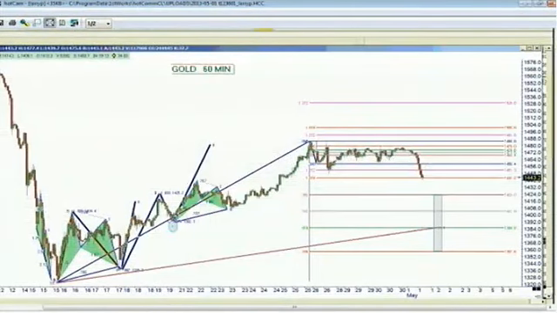Well, it's been a big play already, but after we made that 3 drive to a bottom down at the 1322 level, we were looking for around 1340 to 1365, and the market went a little bit lower during the big sell-off. But since that time, that was on the 15th of April, the market was able to rally, and if you go into Tiger TV and look at it, it made a beautiful ABCD pattern,